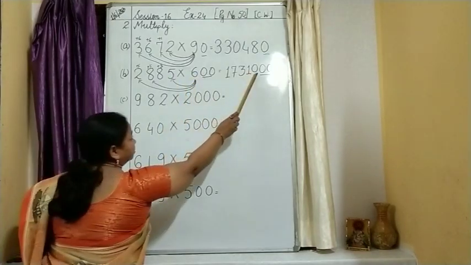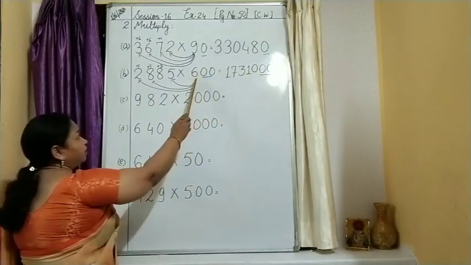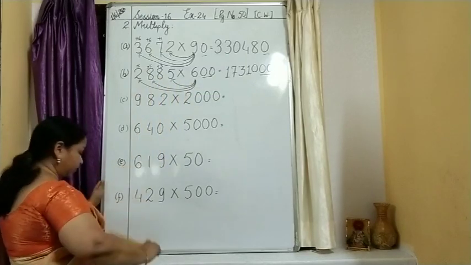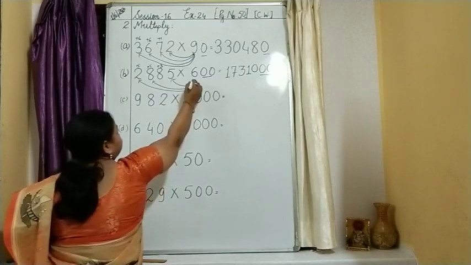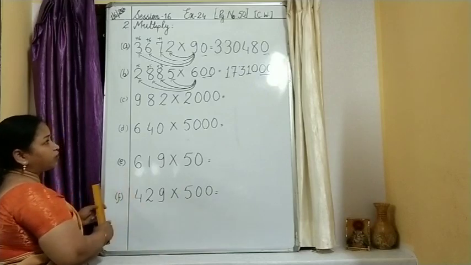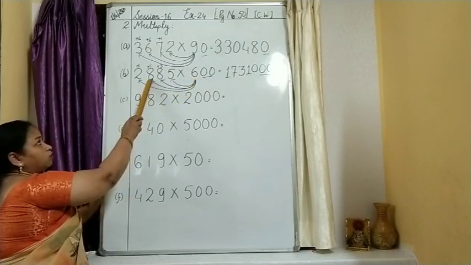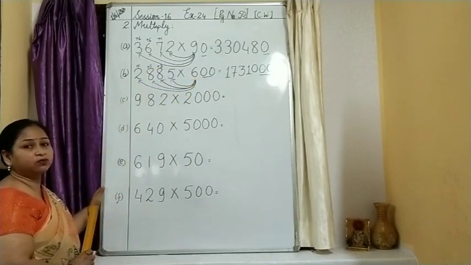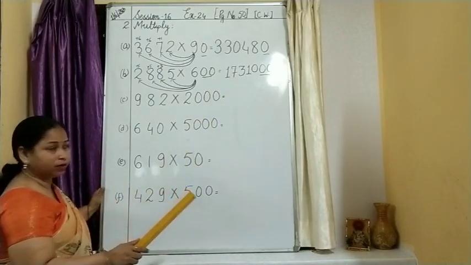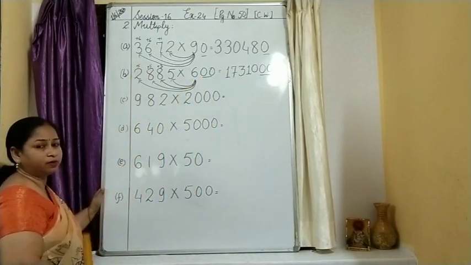6 5s are 30. This 0 is not underlined one, as you can see, 0. Then plus 3 where to be taken for this number? 6 8s are 48. 48 plus 3, what it will be? 51. So 1 I have written over here, 5 I have taken further. 6 8s are 48 again, plus 5, 53. So 3 over here, then 5 carried, 6 2s are 12, 12 plus 5, 17.